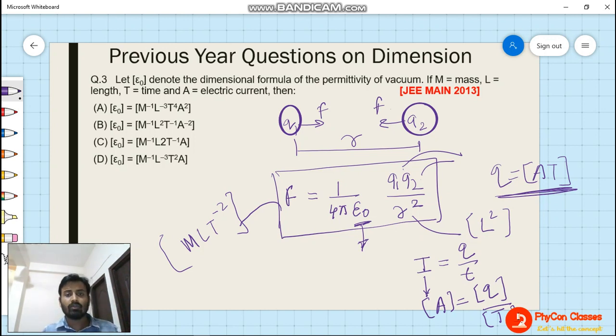Okay, so we are done with today's lecture, and in the next lecture we will be continuing with dimensions only. There are some rules that govern dimensional homogeneity, and we need to follow this dimensional homogeneity in any equation. The equation will only be correct if it is dimensionally correct. These things we will be studying in the next lecture.